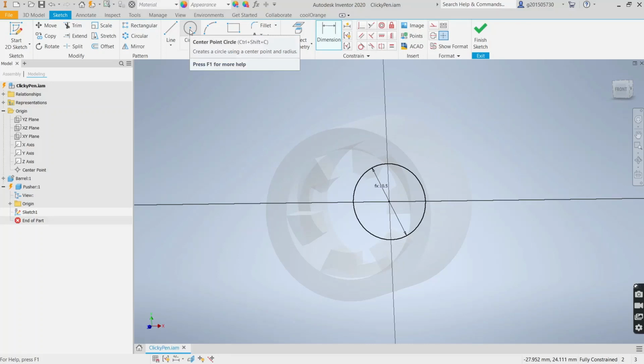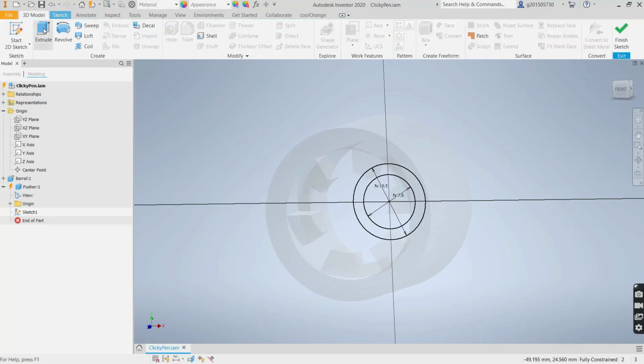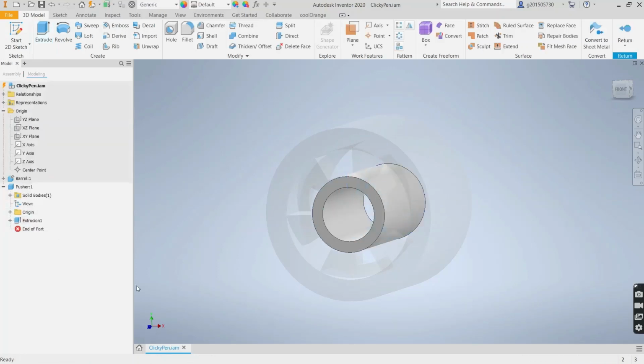And now make the pusher ID equals the pusher OD minus 3, 7.5. And then we'll extrude it to that same 18 millimeters that we did last time. Okay, and now we'll do some cuts. The cuts again will be...